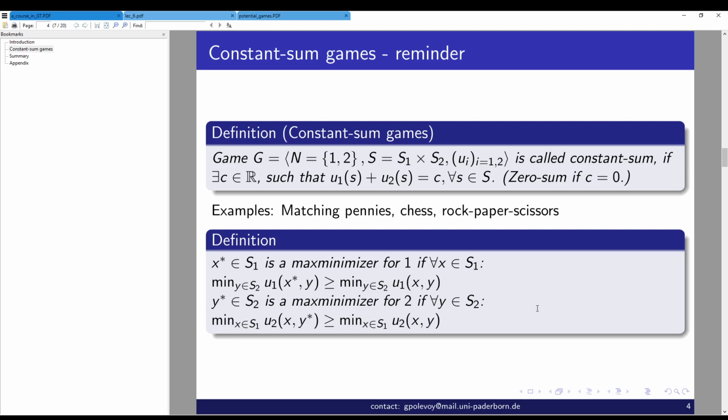I remind you that a constant sum game is a game of two players where there's a constant such that the sum of the utilities is equal to that constant. So it's constantly that value. And zero sum is a particular case when the sum is zero. So examples include matching pennies, chess, rock, paper, scissors,